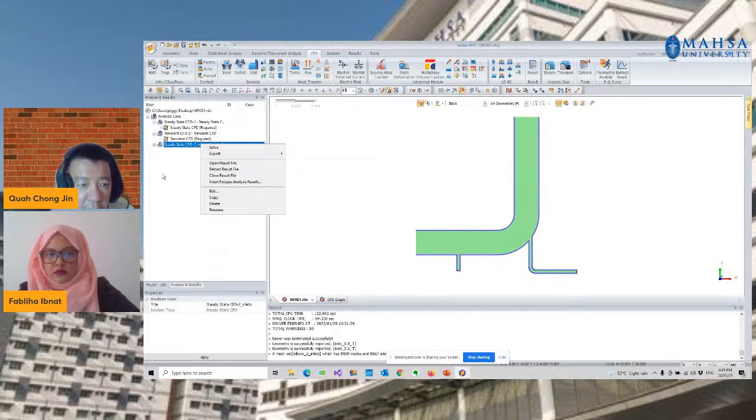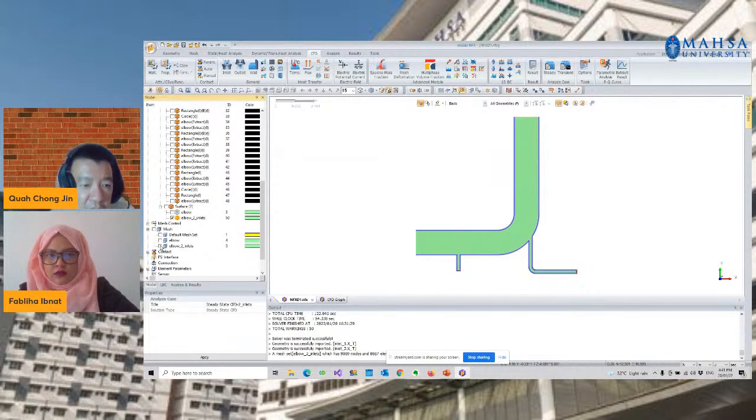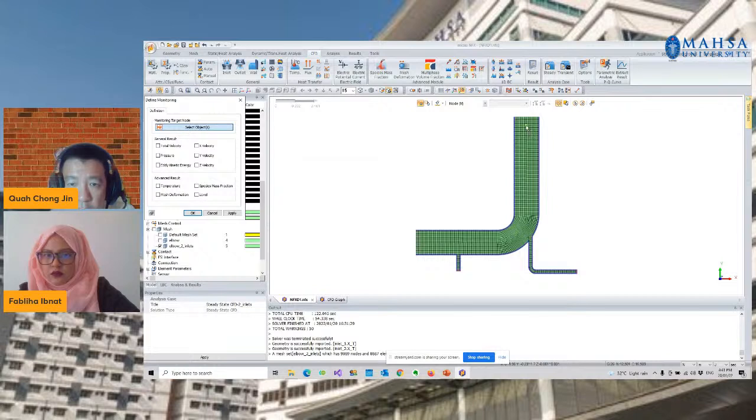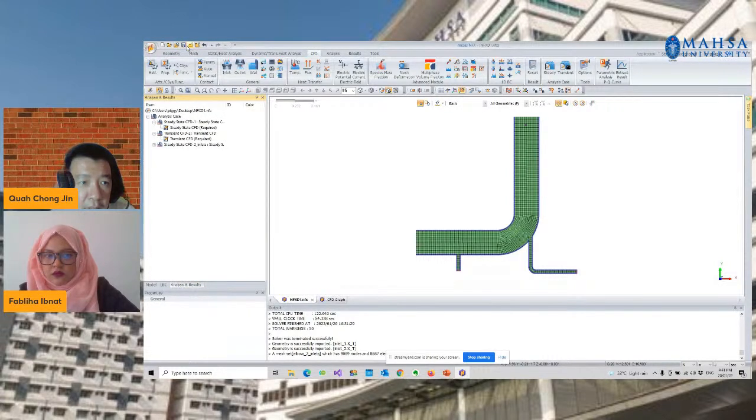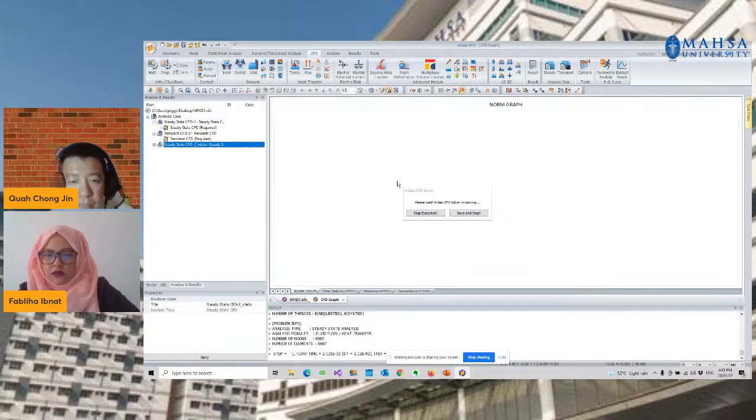Before we do that, of course, a new mesh has been created, and I will need to monitor the physics quantities. Let's save and run it.